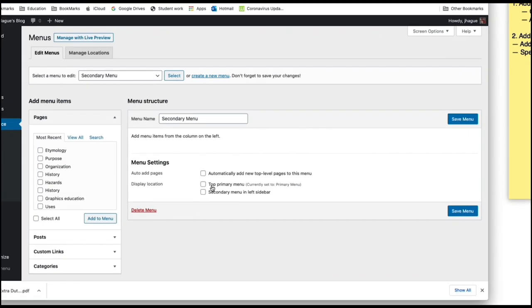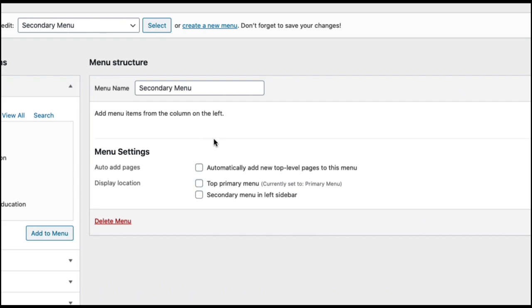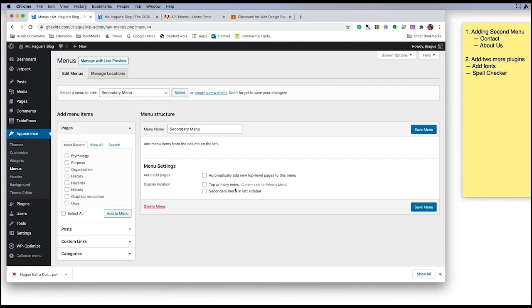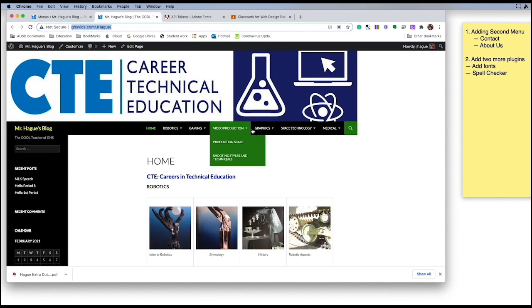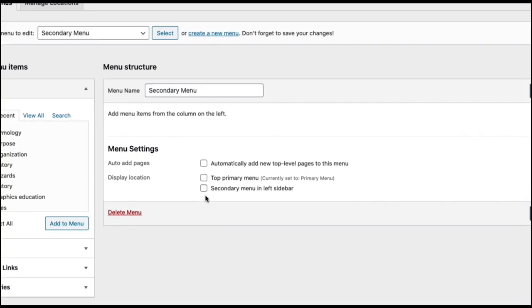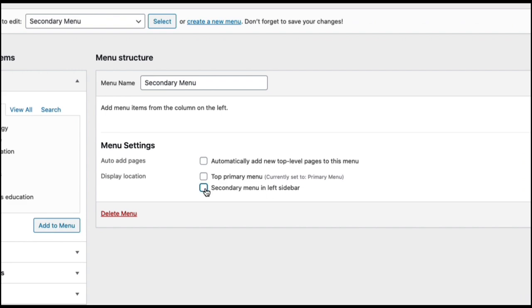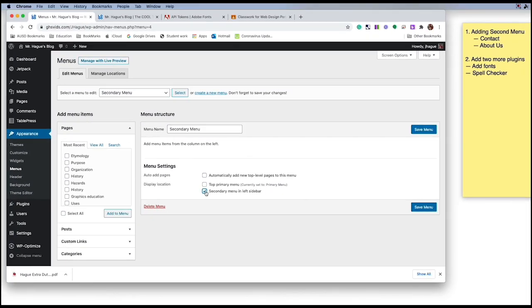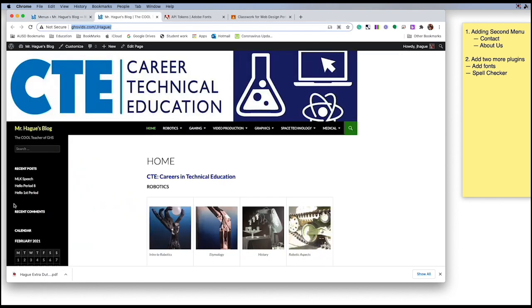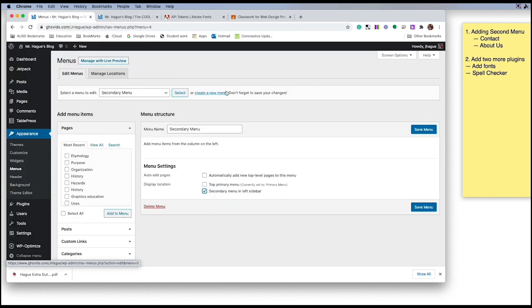Notice right here it says display location of this secondary. The top primary menu is already taken up with these items here, so the only place we can do this is secondary menu on the left sidebar. Let's have that clicked, and that means it's going to appear right here along with these items, which I'm not crazy about. I'd rather have it appear on the top, but at any rate, let's press save menu